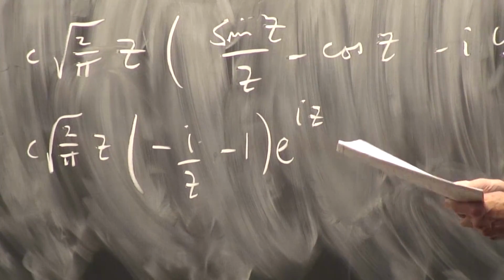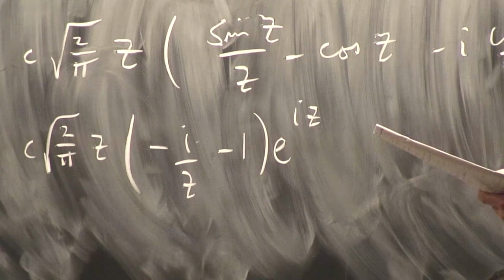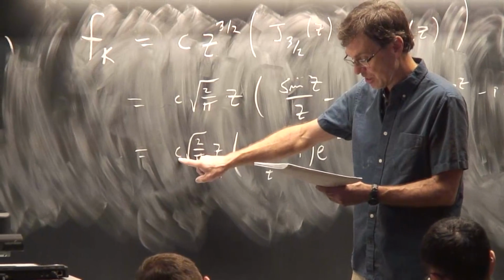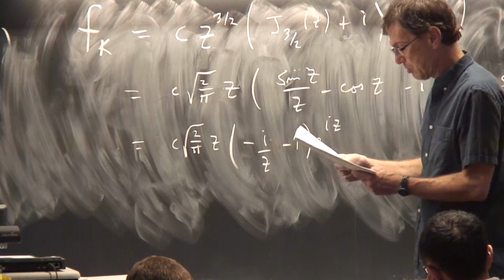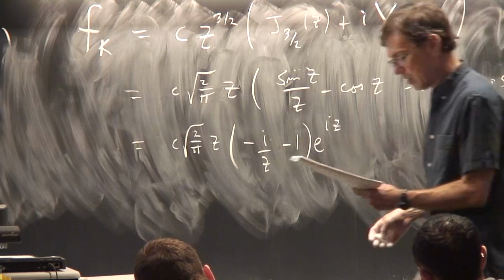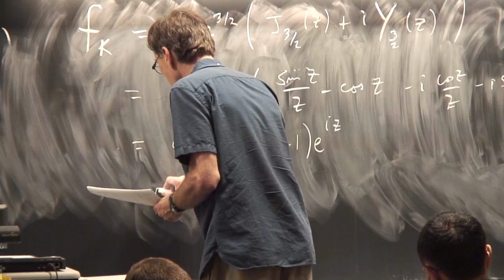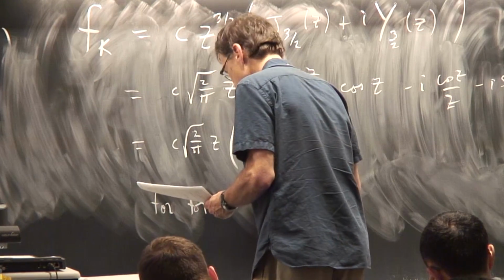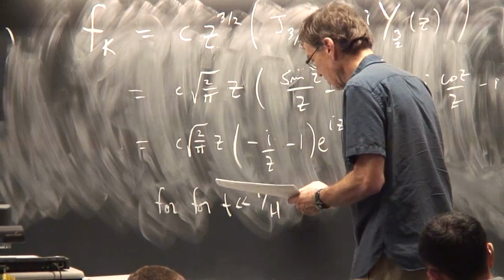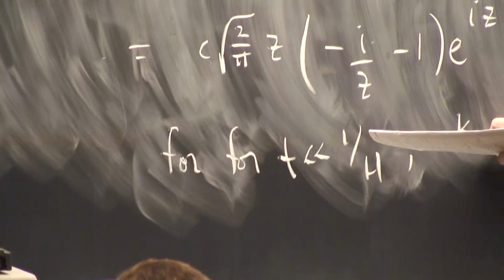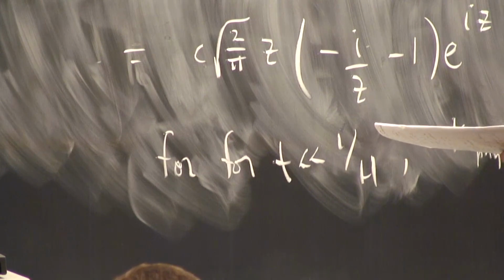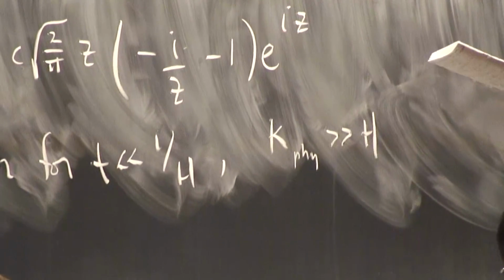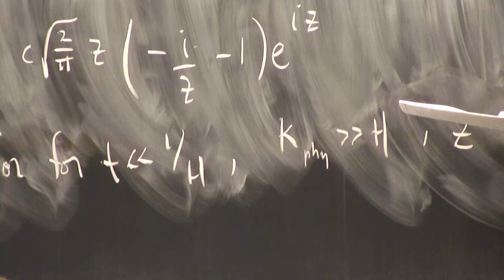And now, we would like to find out what we should choose for this normalization constant. Here's my argument: we want to match onto Minkowski space for times much less than 1 over H, so that the physical k is much greater than H. Then the effect of the background shouldn't matter. And in that limit, we see that,